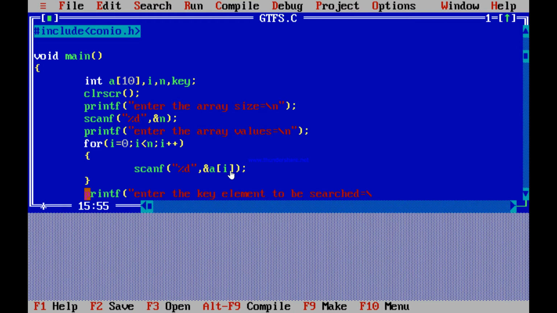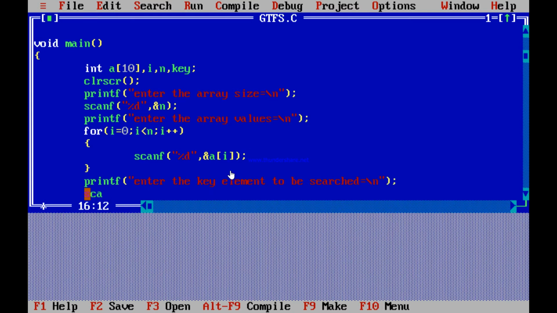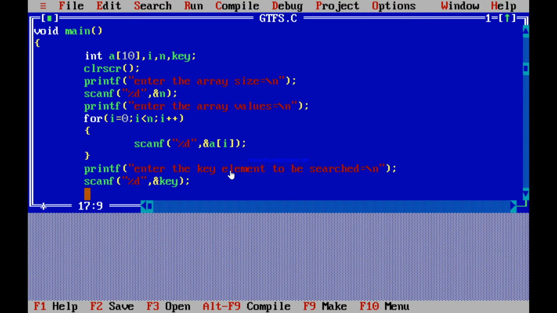So again we'll use \n so that the cursor moves to the next line, and again we'll read this value which will be given by the user, and this is also an integer value, so we'll use %d ampersand key. We are using ampersand because we are storing the value of our key into the key variable.